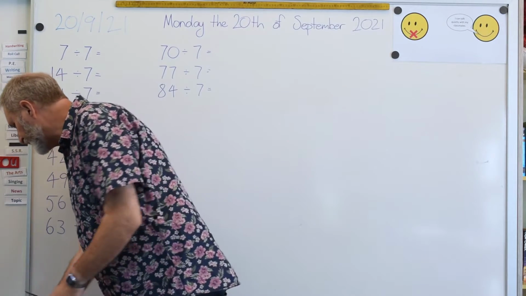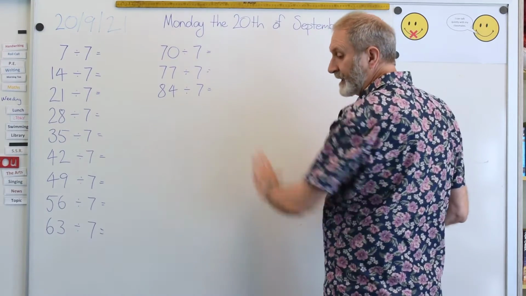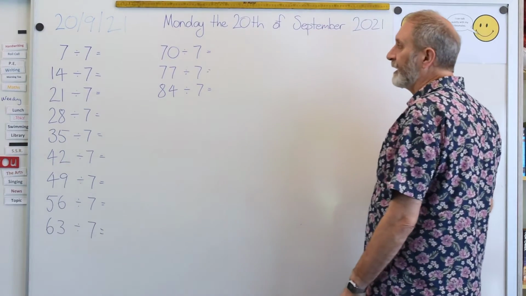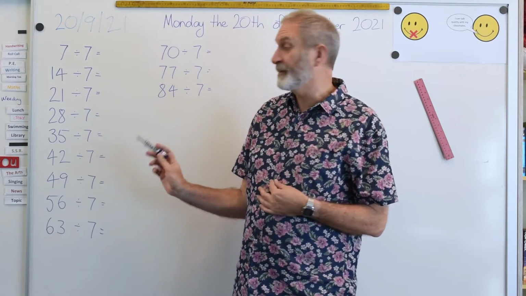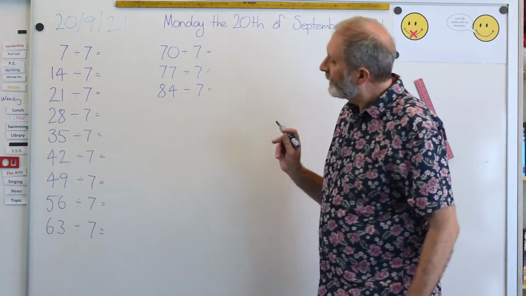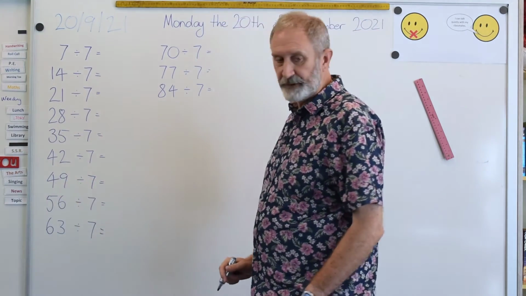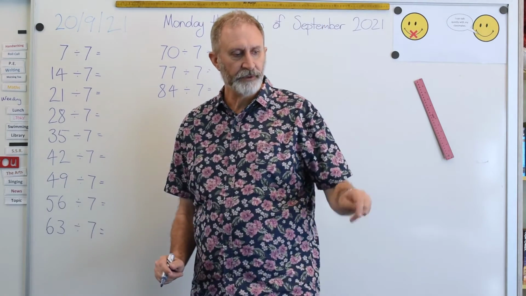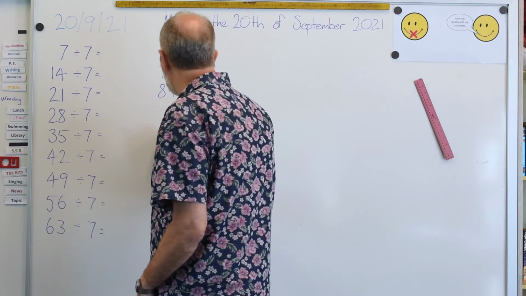we're not quite finished. 91 divided by 7. Yes, there's more. These are just up to 12, right? So up to 100. But how do these help us with numbers that we're more likely to find in real life? Well, happily, if we know something like 49 divided by 7, can the Velcro stay still, please? Thank you. If we know something like 49 divided by 7